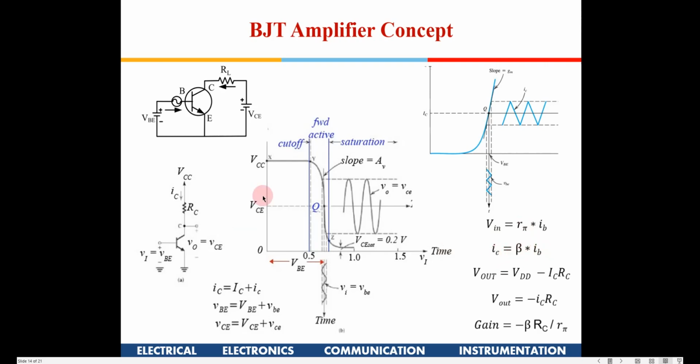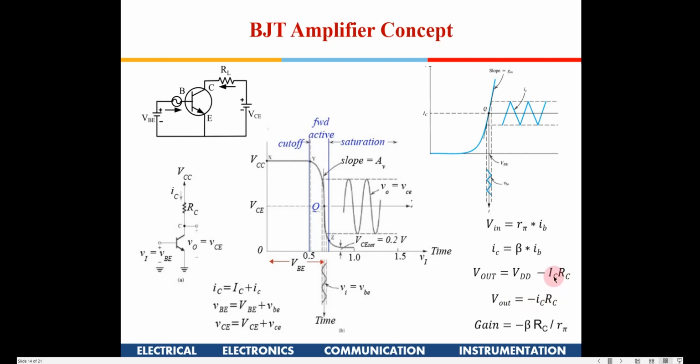So beta times IB. Now if I take the output voltage across the collector, I can write V out is VDD minus IC RL. That is the static condition, and these are all the DC currents. Now if I am just interested in the variation of the voltage here, like if I put a capacitor and take the voltage across the collector, then all this DC component vanishes. VDD is a DC component which gets blocked. So I have the AC component being tapped, and it is IC into RC.